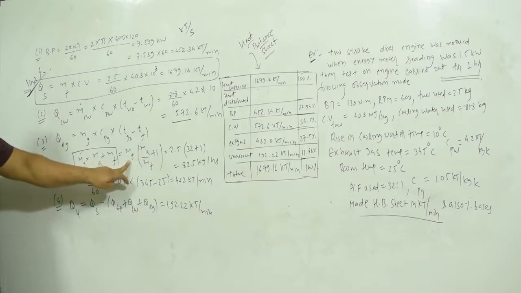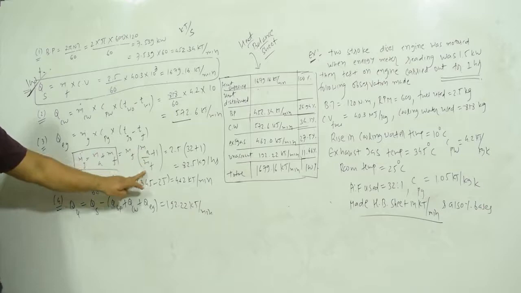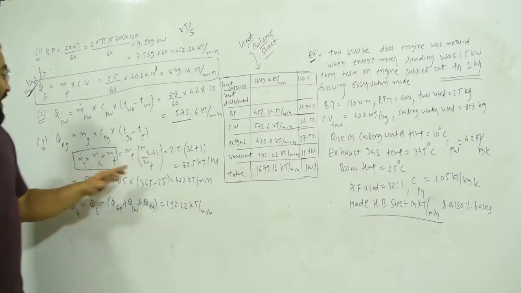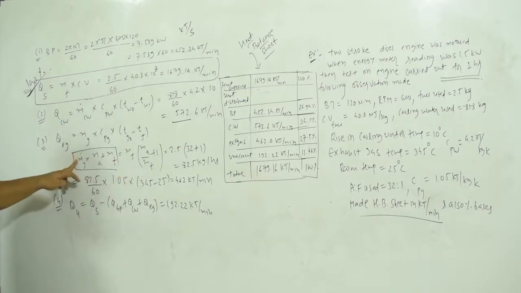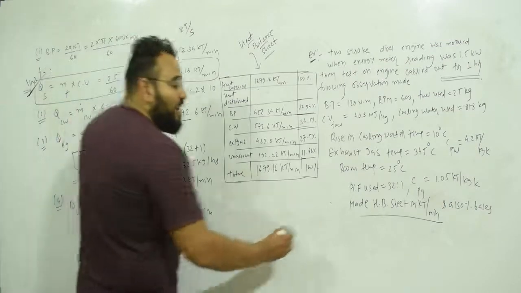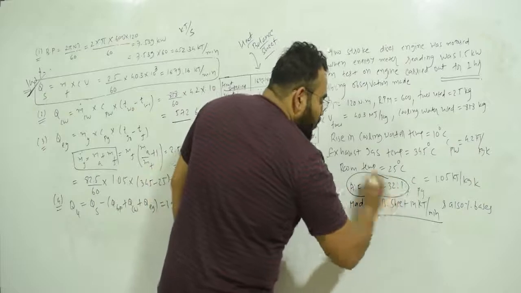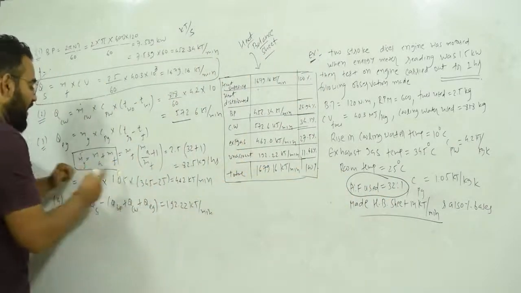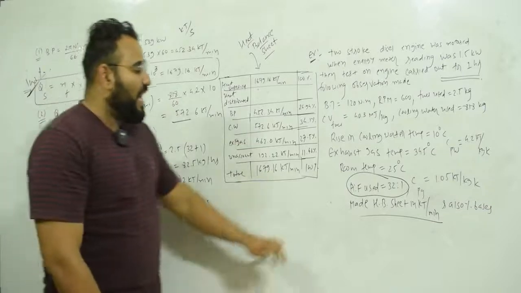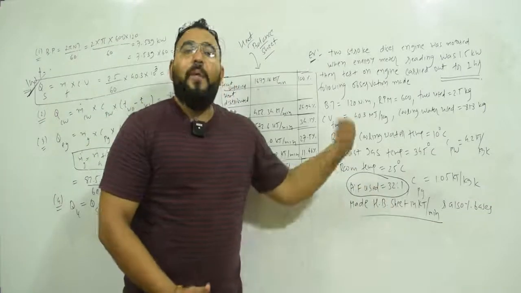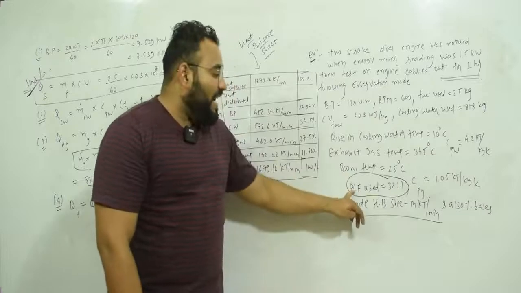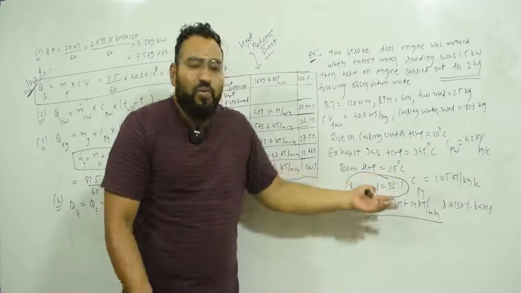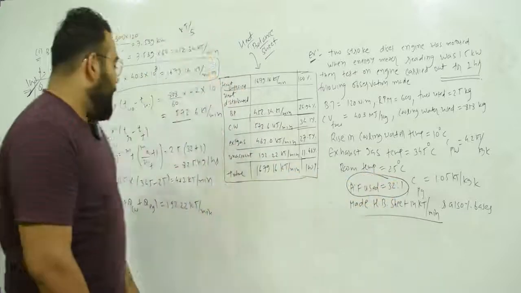So I can write mass of fuel bracket mass of air upon mass of fuel plus 1. Why have I done so? Because indirectly, for finding the mass of exhaust gases, we have been given the air fuel ratio. So you have to use this trick to find the mass of exhaust gases. The air fuel ratio is mass of air upon mass of fuel, which is 32, because 32 to 1 is 32. So Ma upon Mf is given.